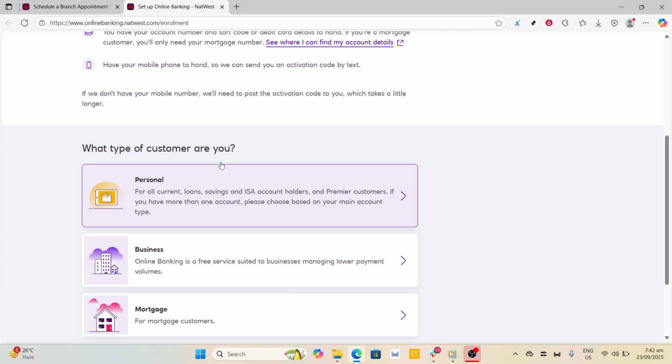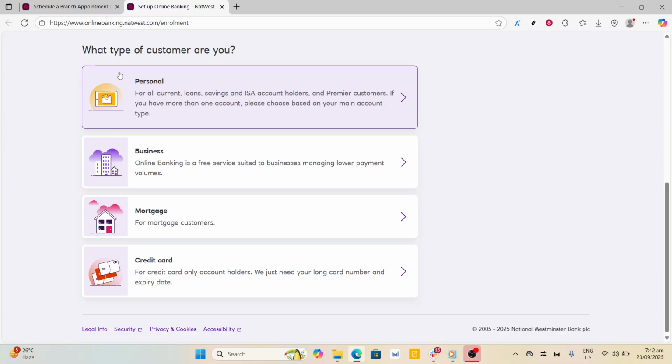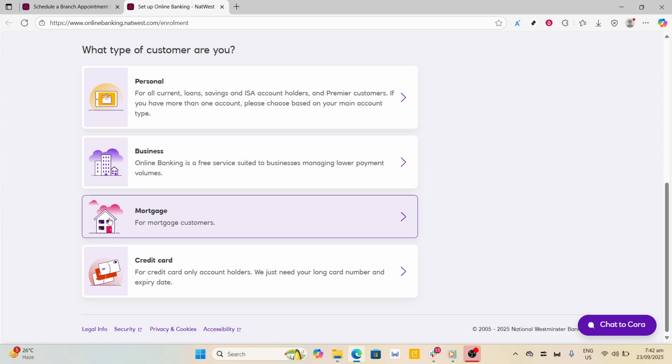Now, let's move to the selection part. You'll notice options for different types of appointments. Here, you'll need to choose the category that suits your need. Whether it's personal banking, business services, mortgages, or credit card related queries, select the one that best fits the service